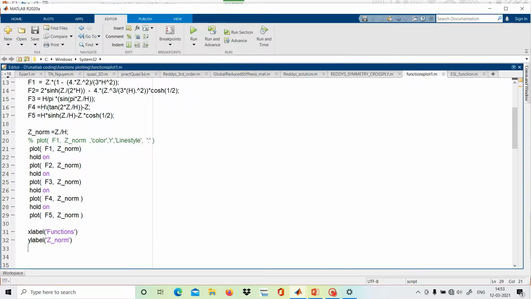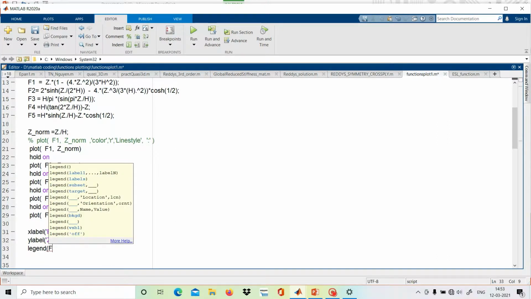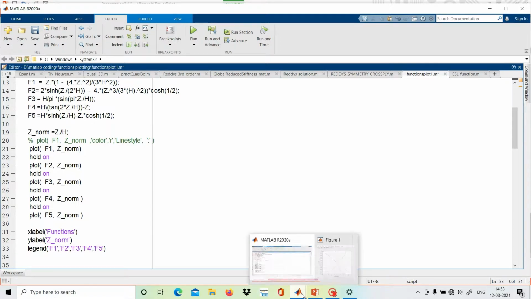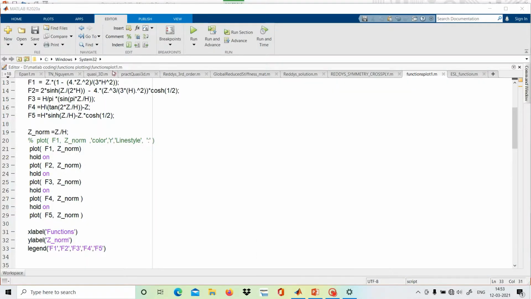So we will write a command here, legend, f1, comma, okay, we will just edit it, f2, f3, f4, f5. We just give a command again, run.